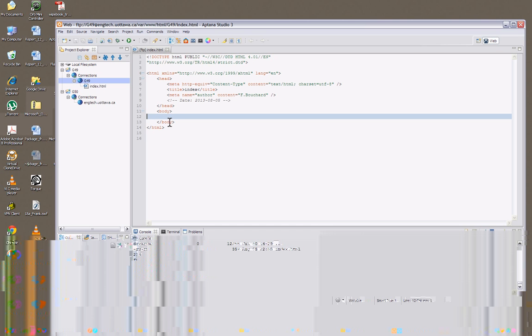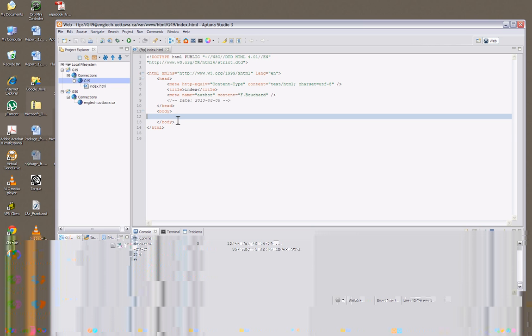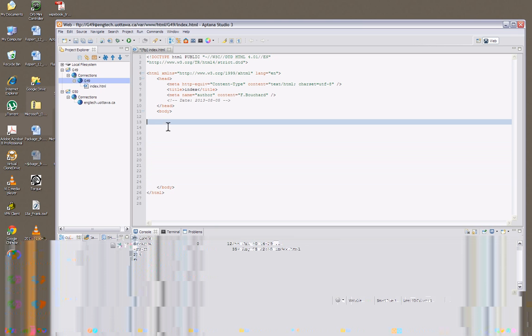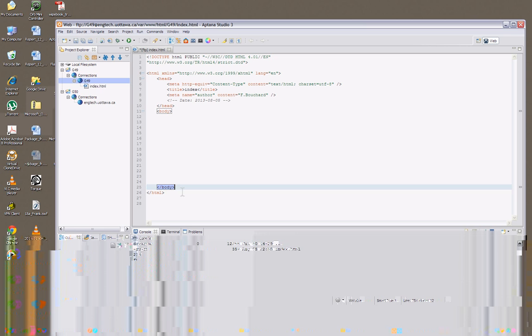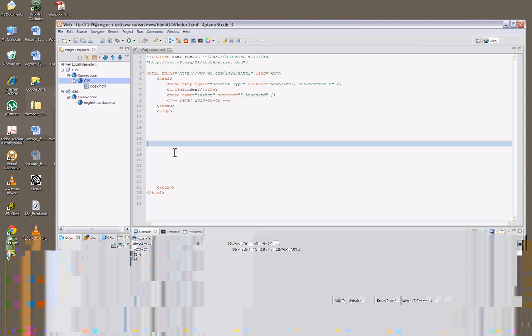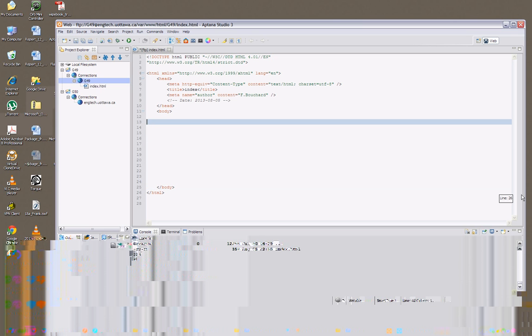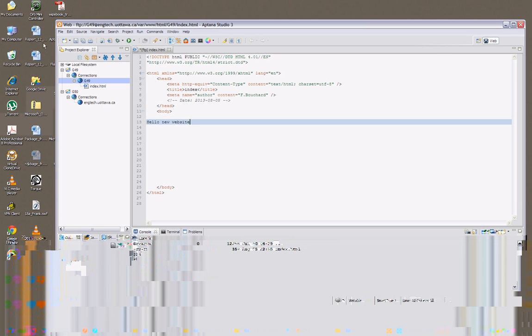Now, the neat thing about this is that our website will automatically get updated online every time we save our code. So in our web page, whenever we want to add things to our website, we have to add them within the body tags. This is kind of like a sandwich. The meat is inside of your body tags. The rest is like your top bun and bottom bun. So if I write inside here, hello, new website, and I save it,